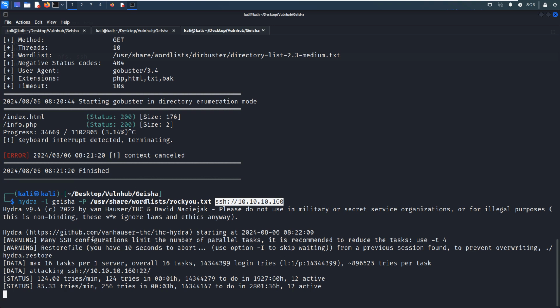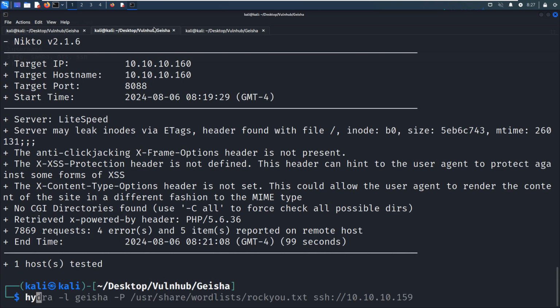We can even attack HTTP GET credentials or HTTP POST. So if you want to know the whole list of supported services, we can use Hydra with the help option.